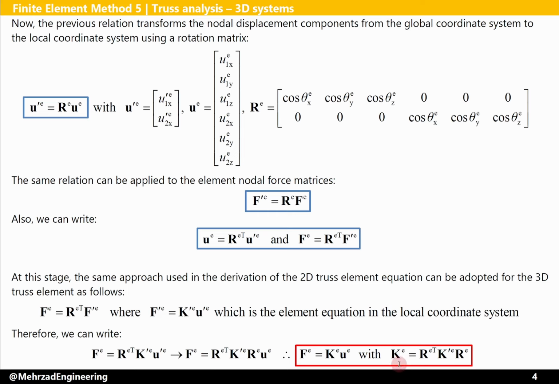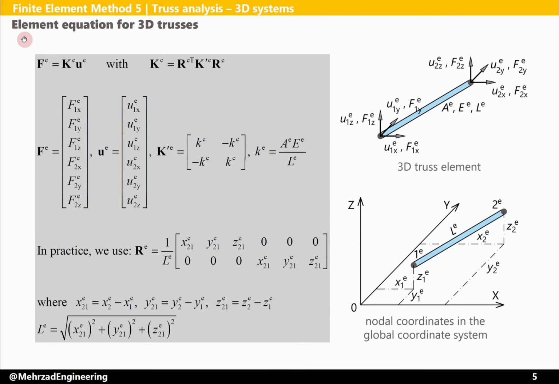KE is the stiffness matrix in global coordinate system. So we have the element equation for 3D trusses, which is F is equal to KE UE. Fe is a force matrix in global coordinate system. Ue is displacement matrix in global coordinate system, and K prime E is a stiffness matrix in local coordinate system